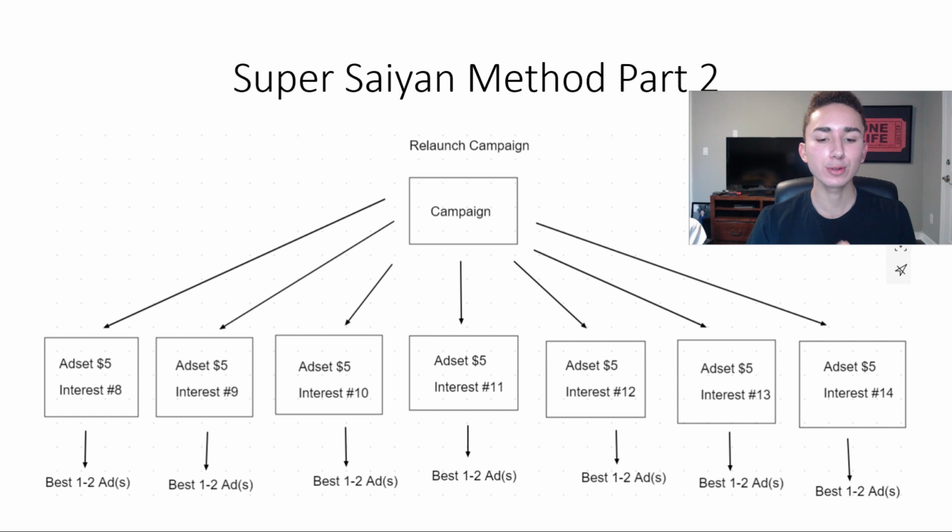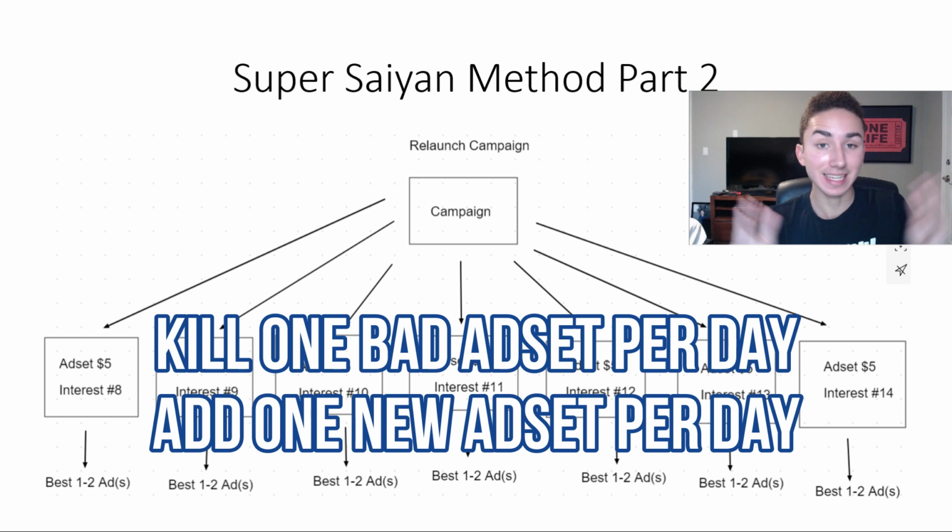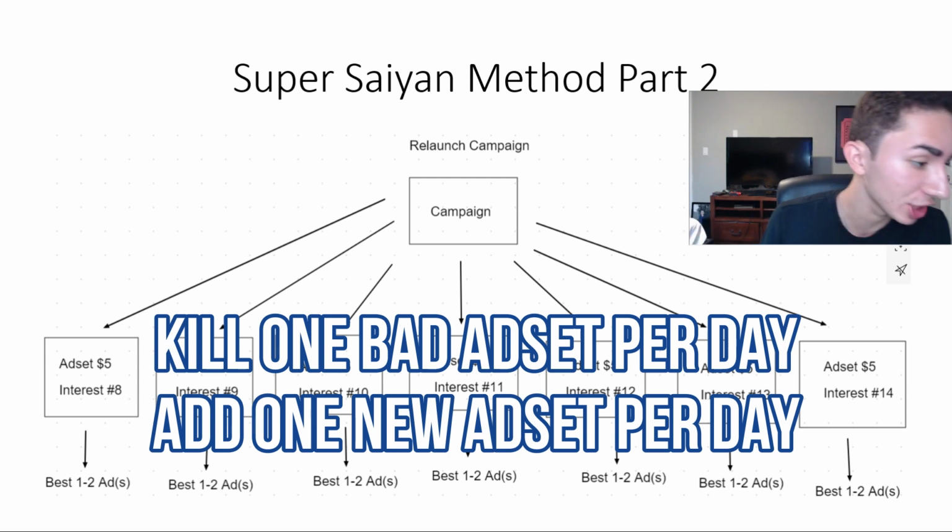Now, some final rules with the relaunch campaigns and the original campaign is, after every single day, evaluate your ad sets and kill the worst performing ad set. Now, if the worst performing ad set is profitable, then oh my God, you're a G, you are golden, you